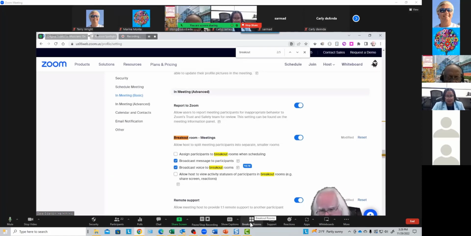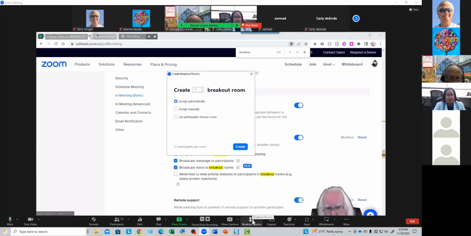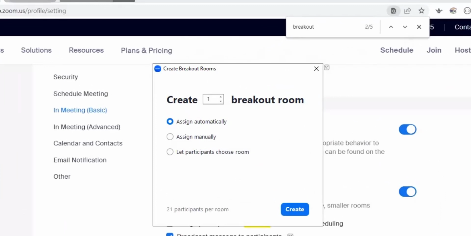So how do we use that? Well, we click on it, obviously, to get started as the host. Only the host has access to this particular tool in a meeting. And you're asked to create your breakout room or rooms. Normally there'd be more than one, or there's no point in making breakout rooms, right? This is going to allow you to create little mini Zoom sessions that are subordinate to your main session, where you can have people break out, literally,